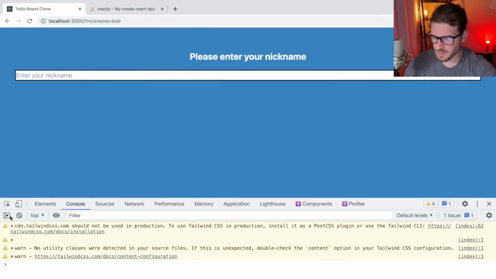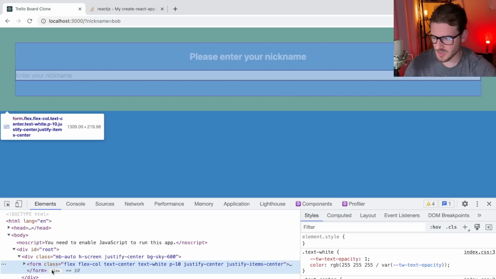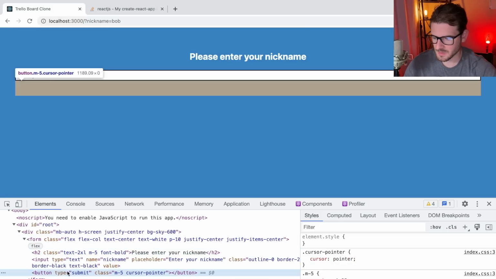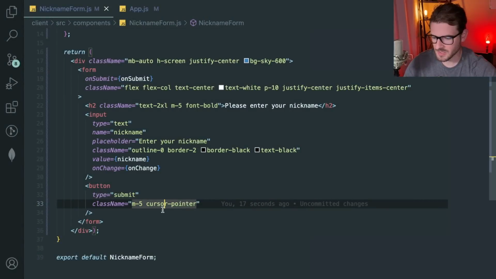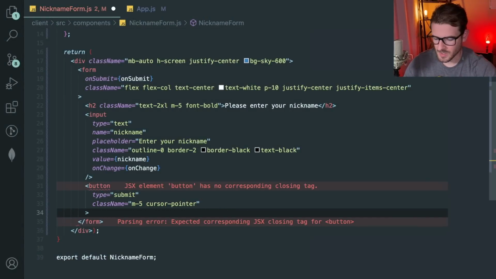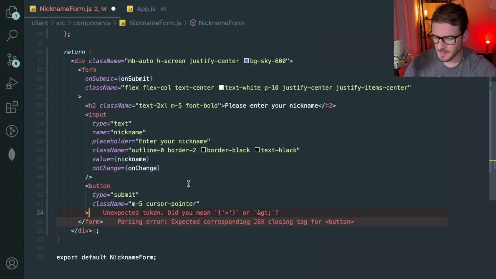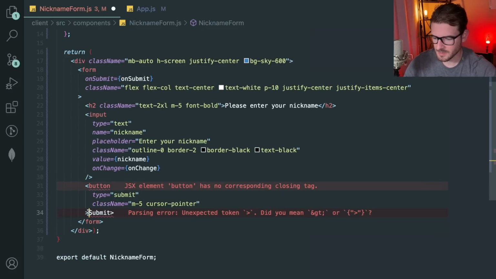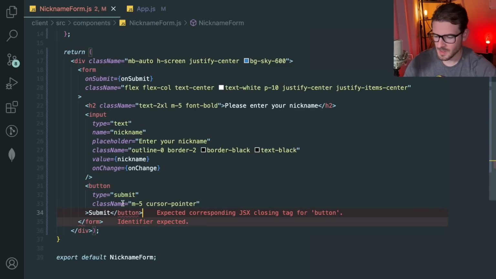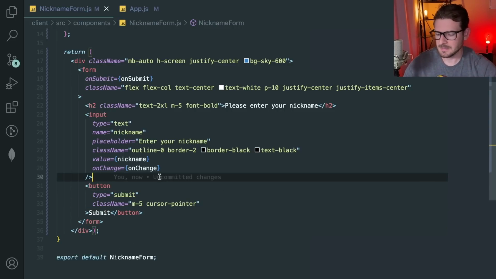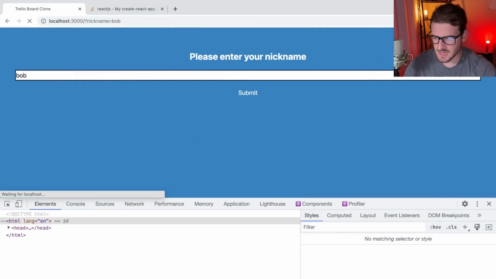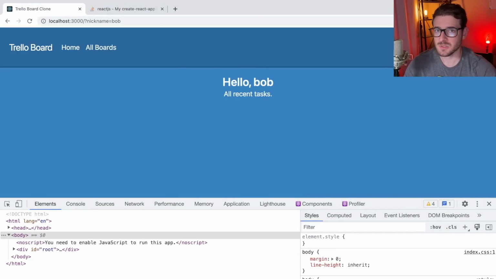Actually, I'm kind of curious where the button went now. It's gone. Button submit. Well, obviously it didn't have any code in it. So if I say submit, or what did it have before? Was it login? Yeah, just submit. Right, there we go. So now when I type in Bob and press enter, the page actually submits correctly,